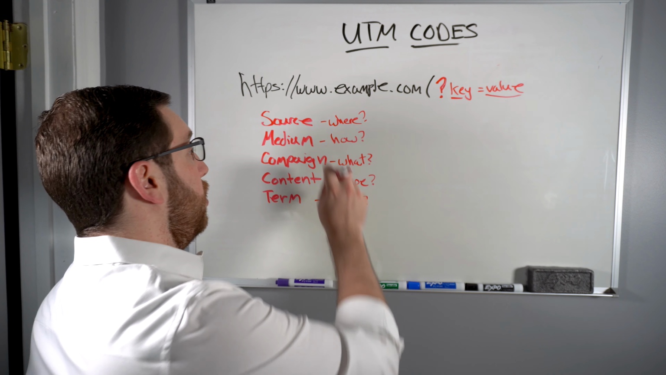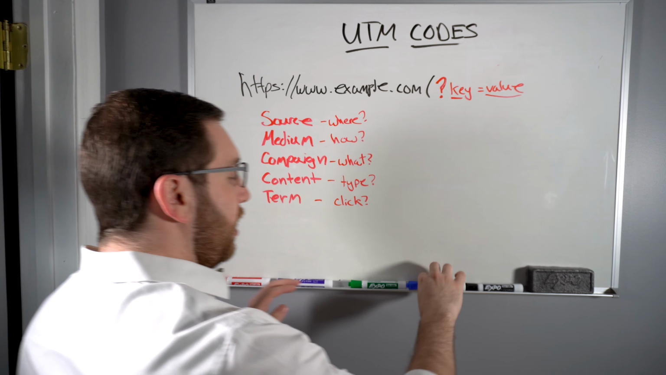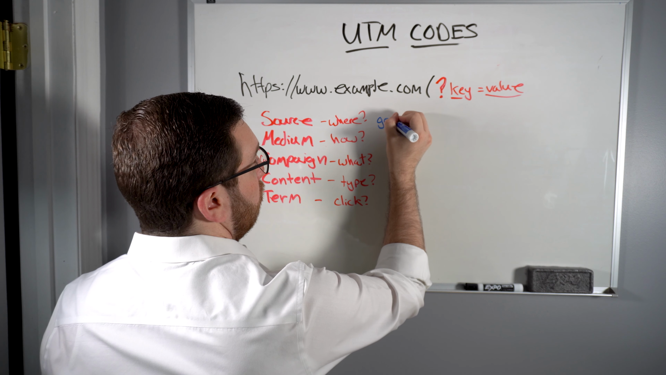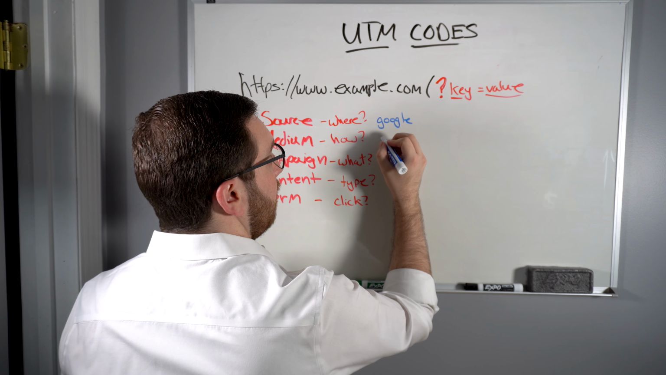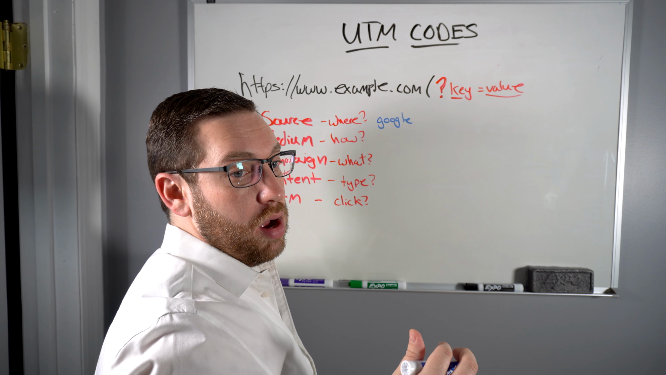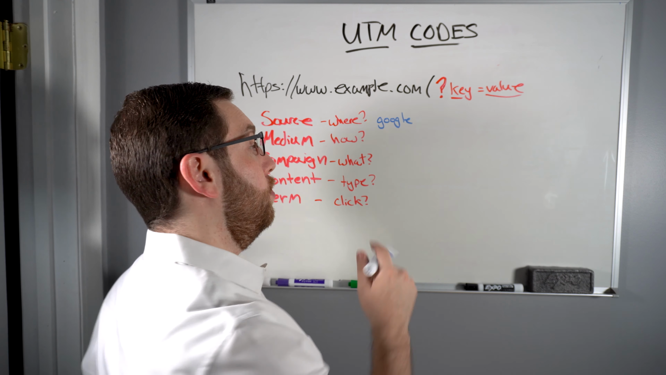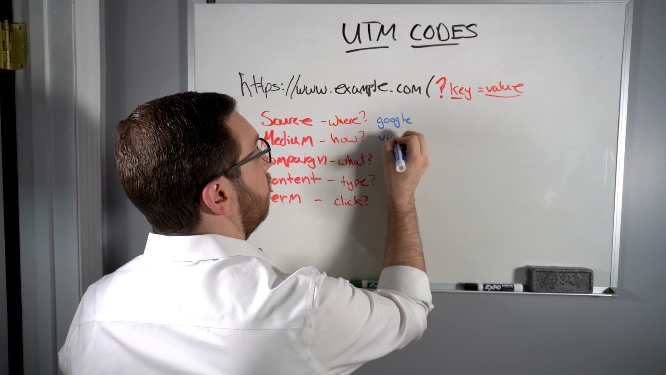So let's put some examples here, okay? Let's say we're going to run a campaign on Google. So our source would be Google. Our medium would be, let's say you're running a video ad on Google to go onto YouTube, so the medium I would say would be video. The campaign name would be,